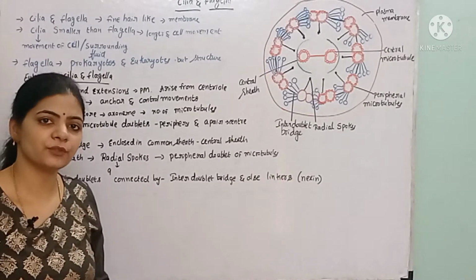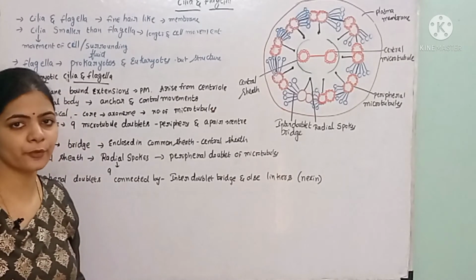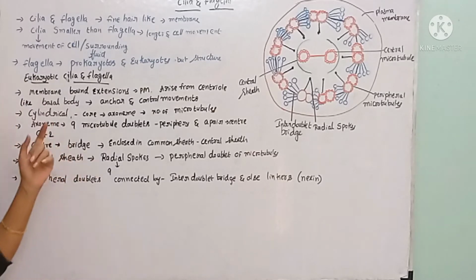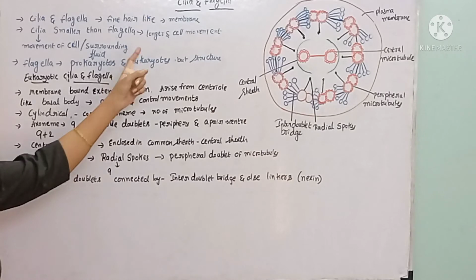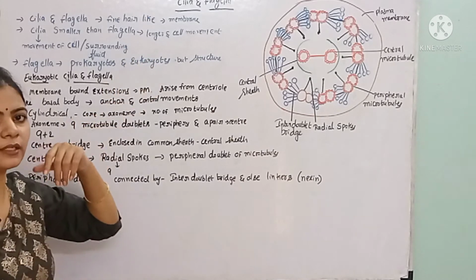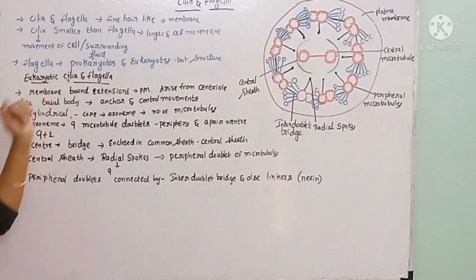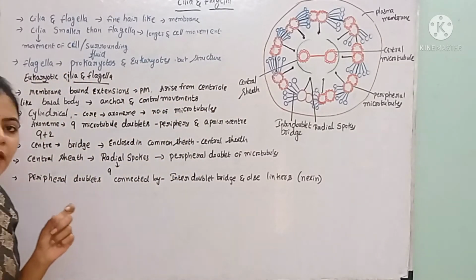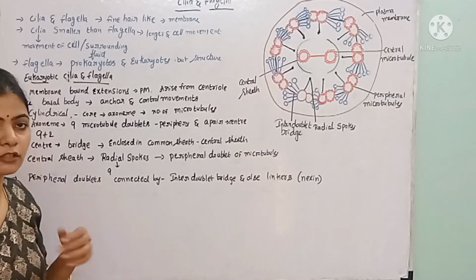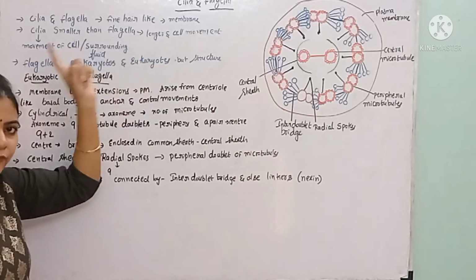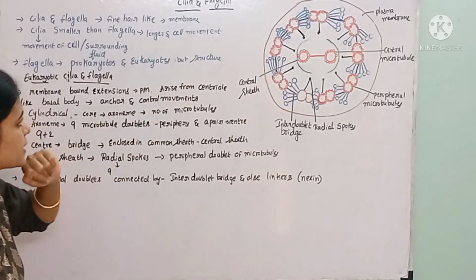They may be present at one end of the cell. And these cilia may act as propellers and help in the movement of the cell or the movement of the surrounding fluid. Whereas the flagella are much larger than the cilia and help only in cell movement. The main functions of the cilia are feeding, circulation and also movement. Whereas the flagella carry out only one function, that is the movement of the cell.